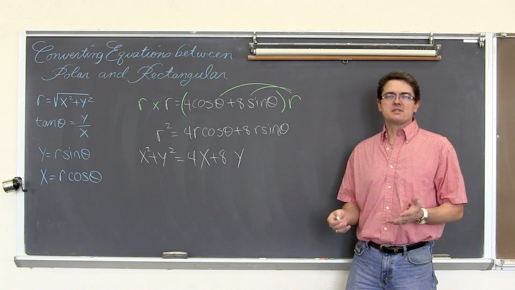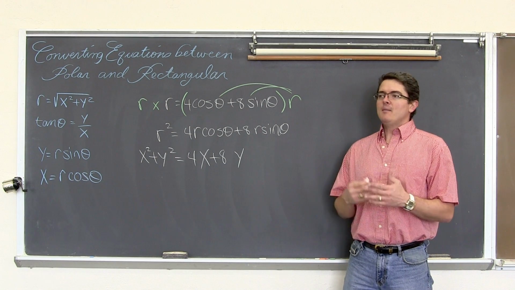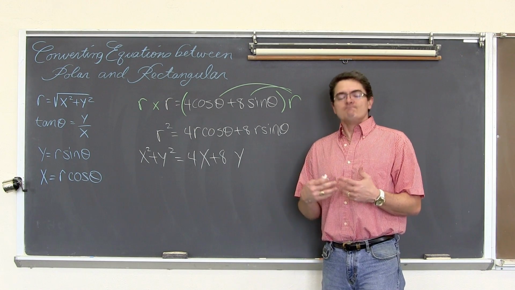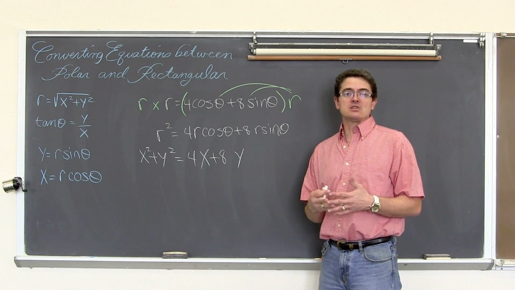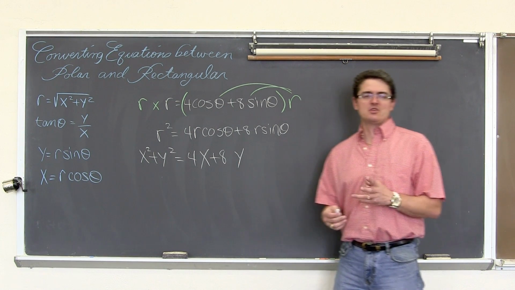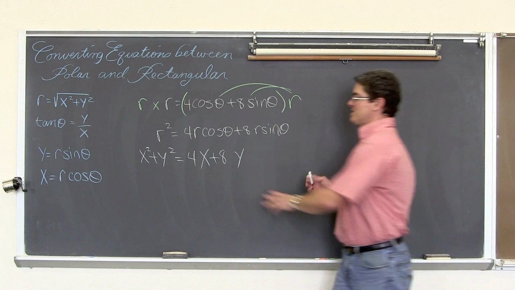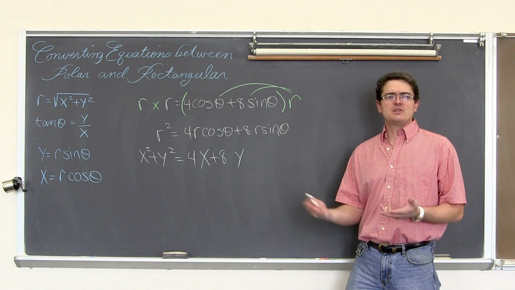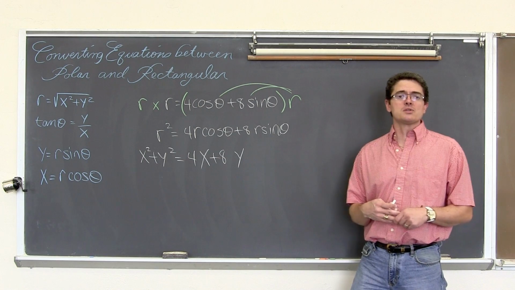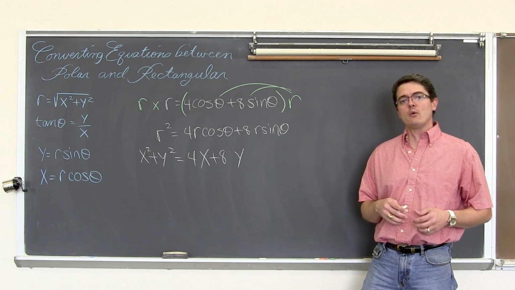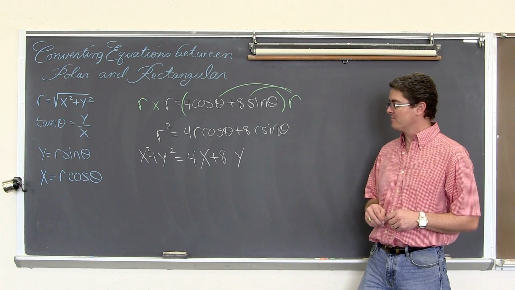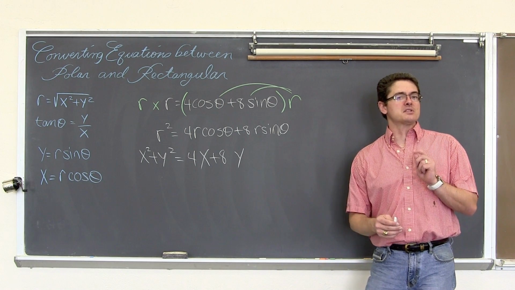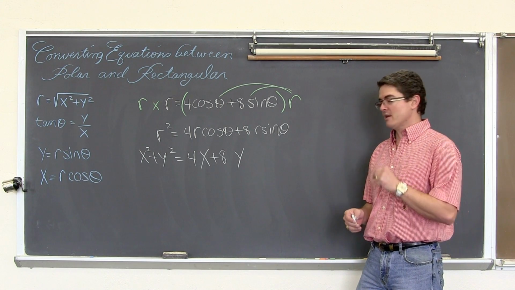Now, we could call this a day and be done, but I'm going to give you a preview of what you're going to learn in the future. I'm going to give you a preview of conic sections and specifically just a circle, which you might have already studied. So this is going to be the equation of a circle, and I want to put it in standard form just to give you a review, if you've already studied circles, or give you a preview, my students, of what we're going to be learning later on in our textbook. I would like to know the equation of the circle in standard form. That means I'd like to know the center and the radius, the length of the radius.